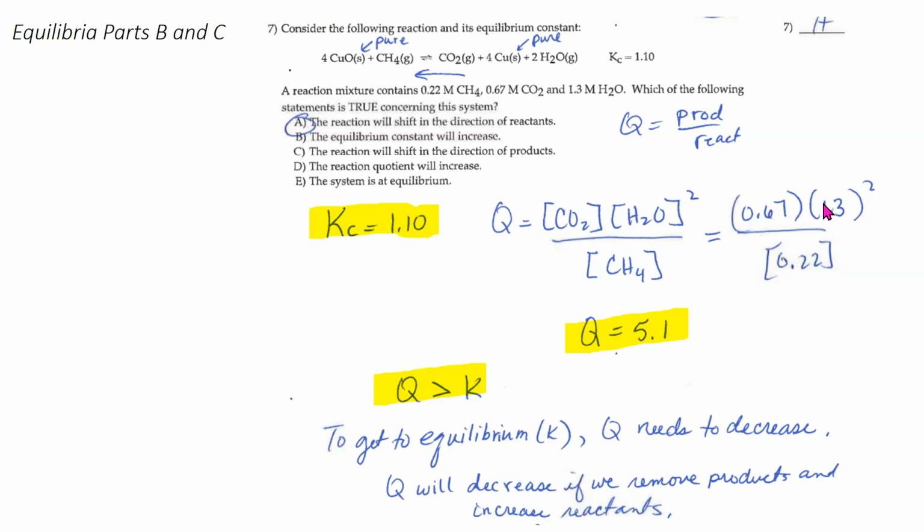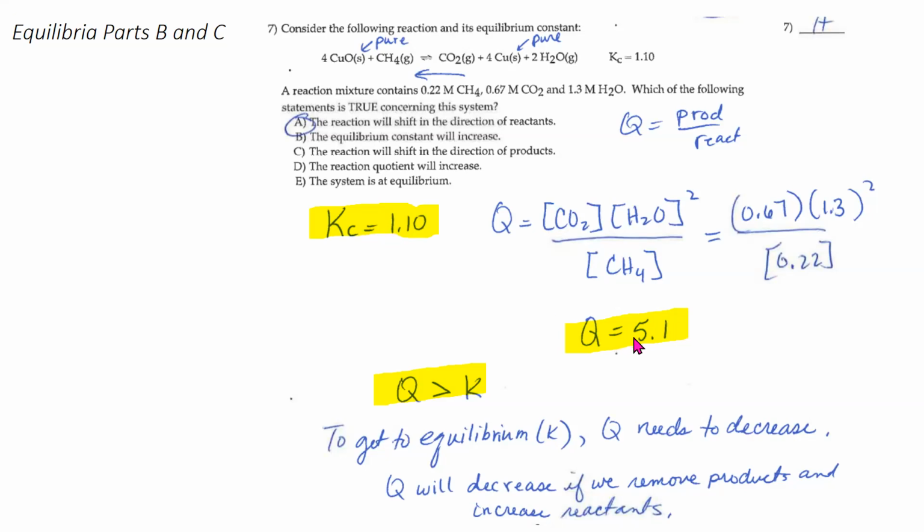So when I put that in my calculator, the 0.67 times 1.3 squared, all that divided by 0.22, I get a Q of 5.1. So now I'm comparing this Q to my K. The Q is larger. So if the Q is larger, that means I need to get that value smaller. So I need to decrease my Q value to make it match my K to get it to go to